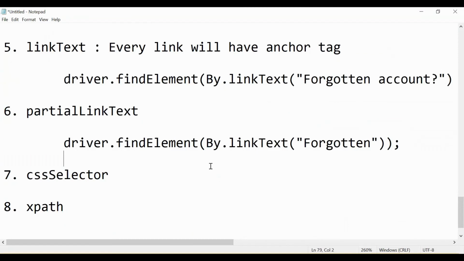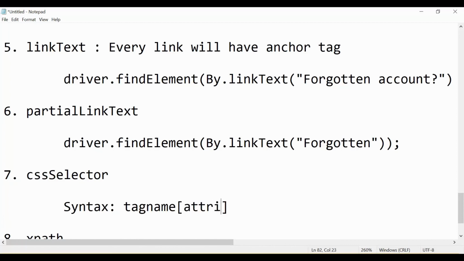For CSS selector and XPath, these two do not depend upon any particular attributes. You need to create them; there is a syntax for both of them. Syntax for CSS, for example: tag name, then bracket, then attribute equal to attribute value.